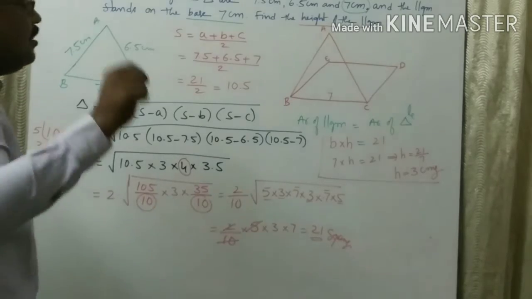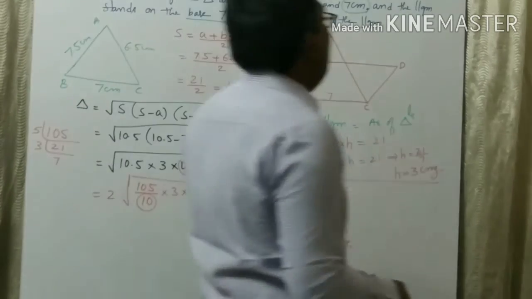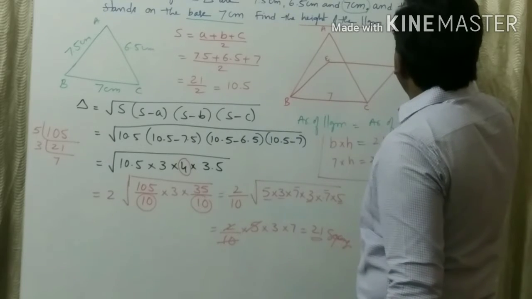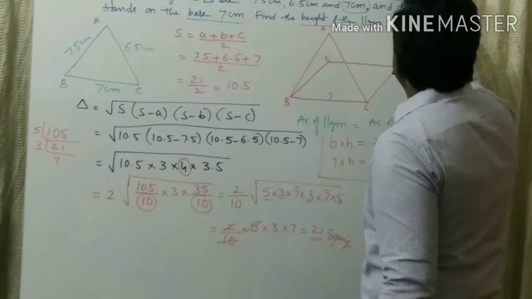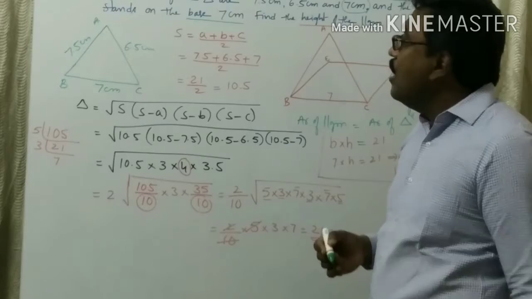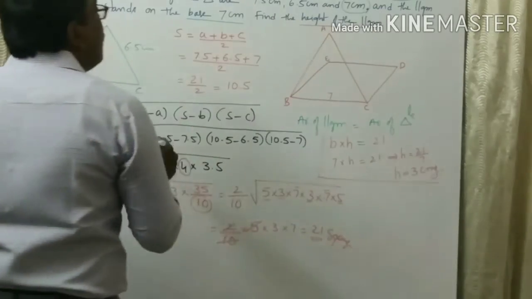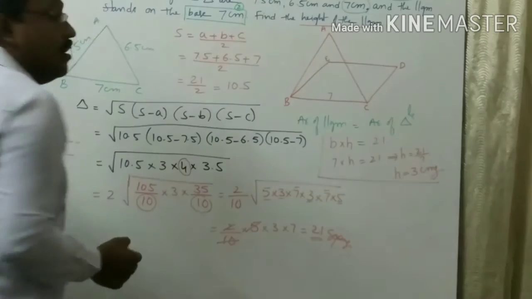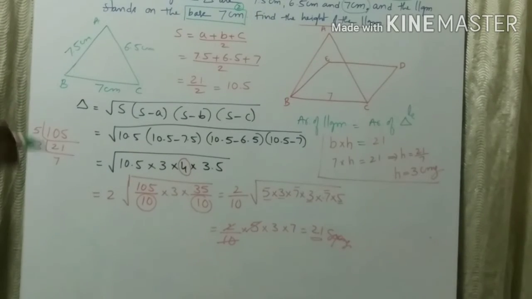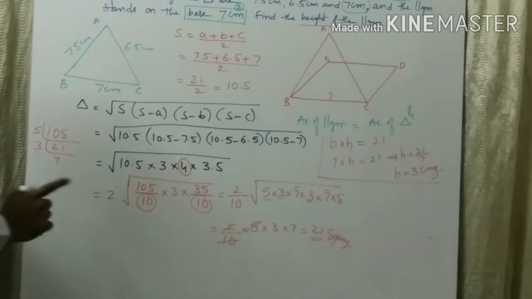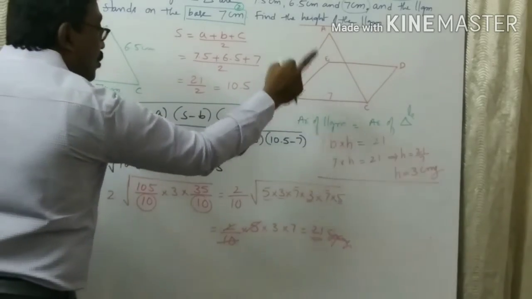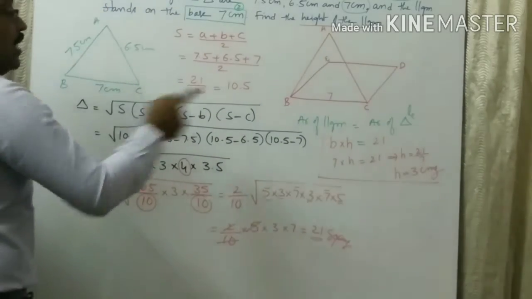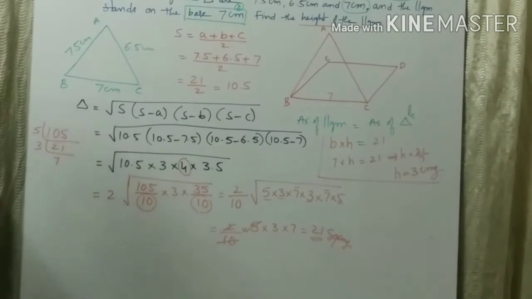Here the general thing, that means what is the common thing here? There are two common things here. One is same area and the second one is the common base. Okay? Those two things you have to analyze. Then only you should apply the diagram. You should draw the diagram, apply the things in the diagram, and then you should think.